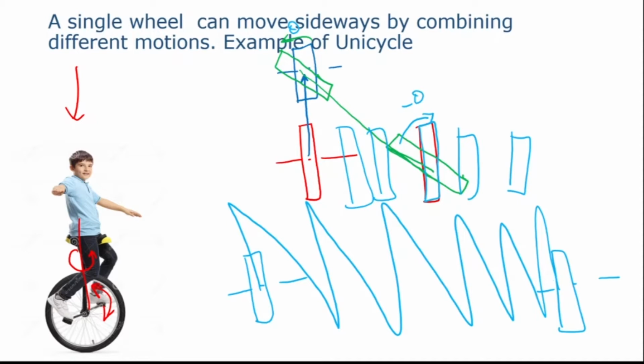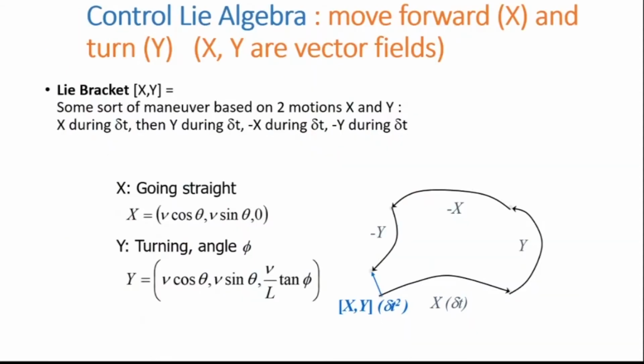Okay, so this is a path planning problem where we are trying to park this unicycle in some other orientation, in some other location in the workspace, and the system is fully controllable, which means I can actually go and park it anywhere I want. Now, the mathematics involved in this is basically what we call the Controllability algebra, and what the Controllability algebra tells us is that if I want to go from this position here to here, I'm making this set of maneuvers. In the case of the unicycle,